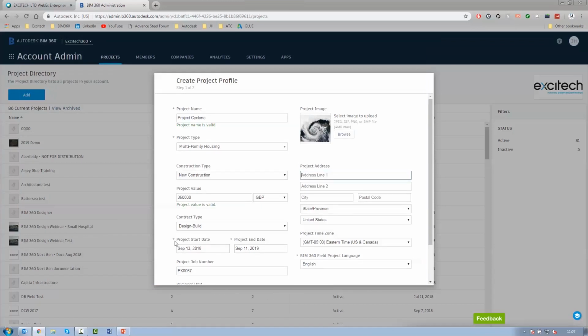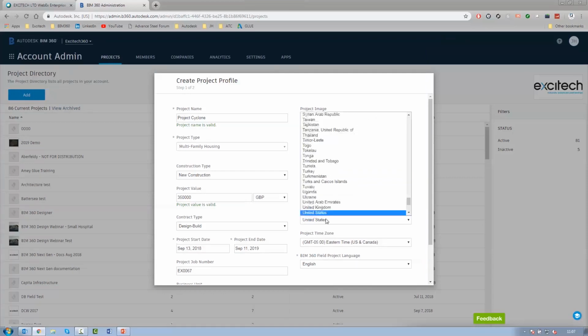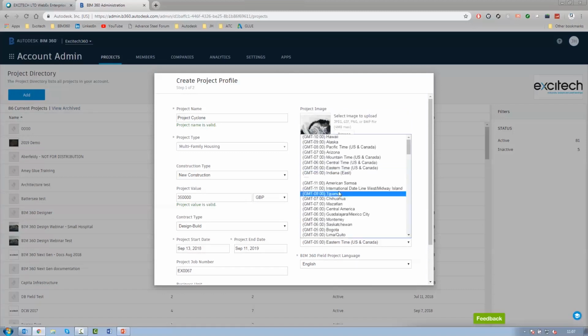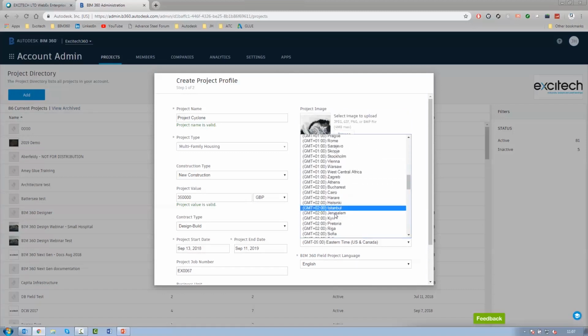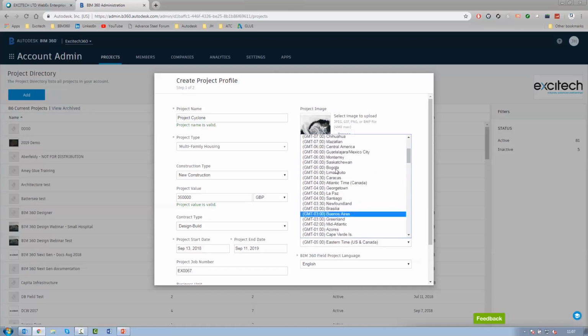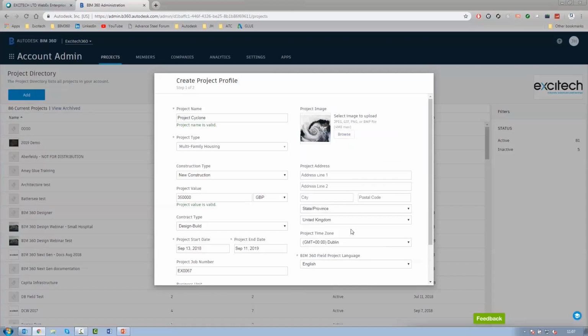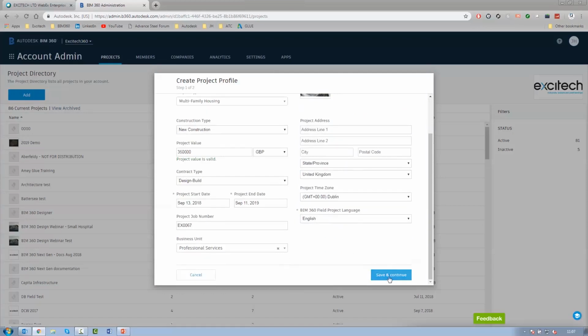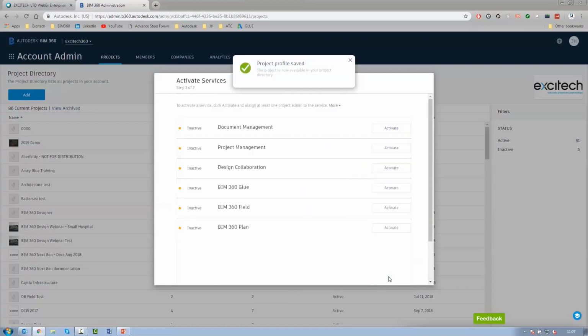You will see that some of this stuff is not starred, so it doesn't need to be filled in. So just to save time, I'm just going to specify the location to be the United Kingdom, and then I can specify the time zone as well. So I'm going to pick, once I find it, GMT 00. We can also specify the language. And all you really do then is you click save and continue to create that project in the BIM 360